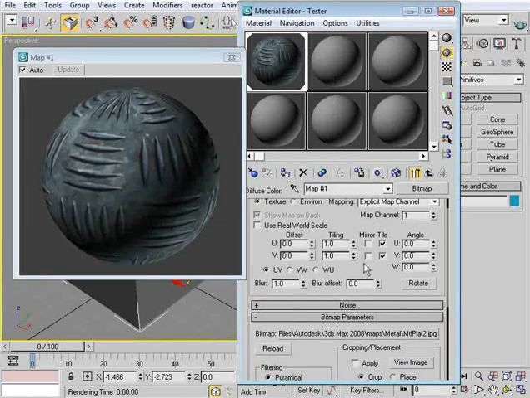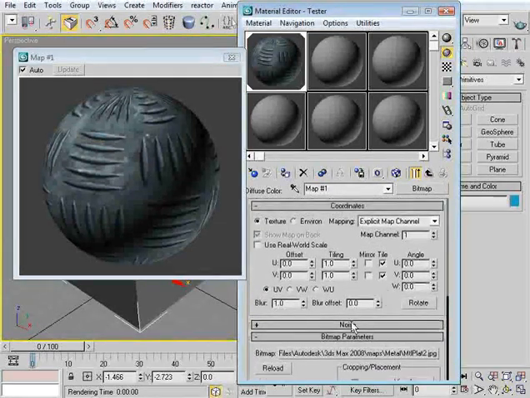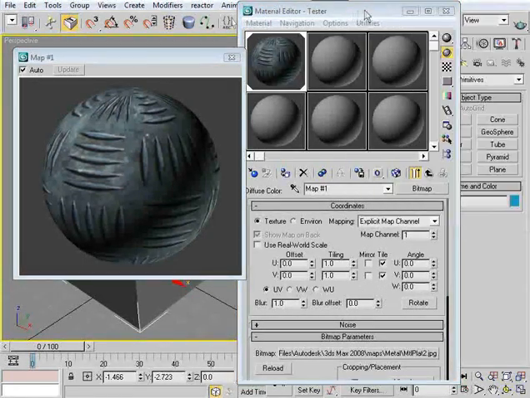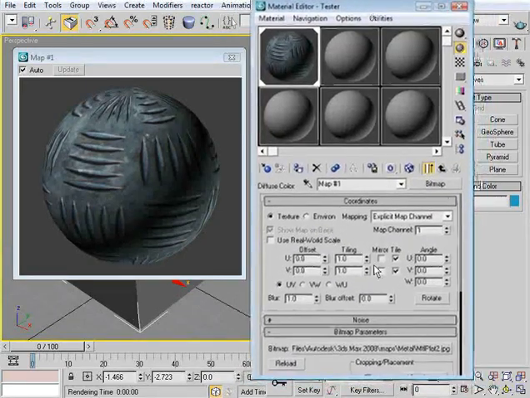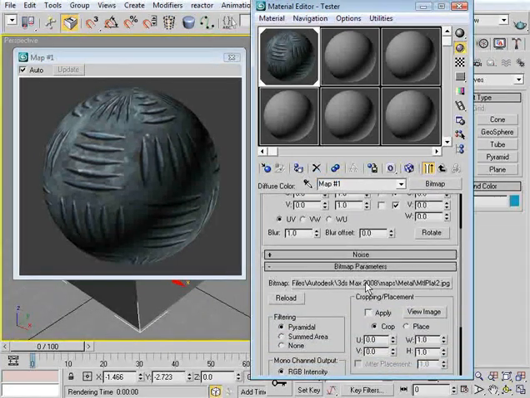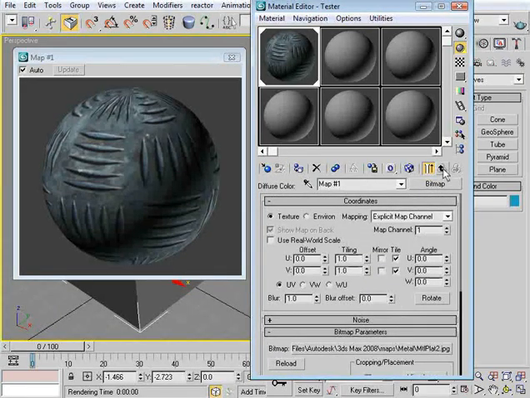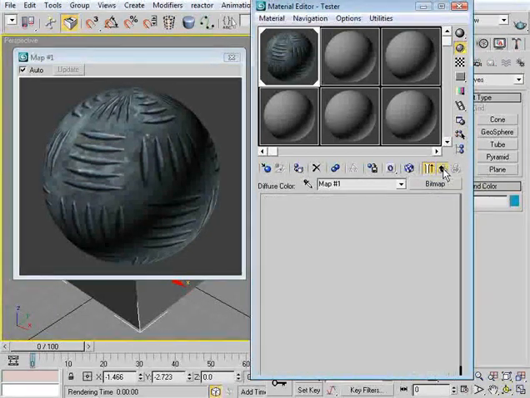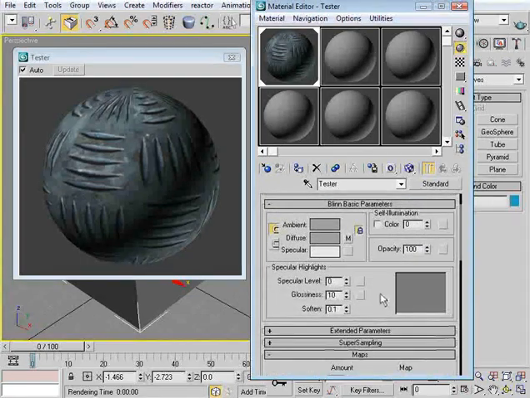I'm going to bypass a lot of these for the moment, and what we're going to talk about is how to get back to where we were. We can see now that our material editor is showing us, instead of standard, we see bitmap, and it's showing us that we're in the diffuse color, map 1 of the bitmap, or the diffuse color channel. Map 1 is a type of bitmap, and then obviously here is the bitmap that we're using. If I come up here and hit the go to parent button, we're now back up at the top level of our material,